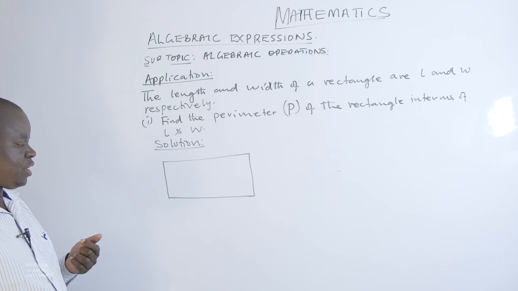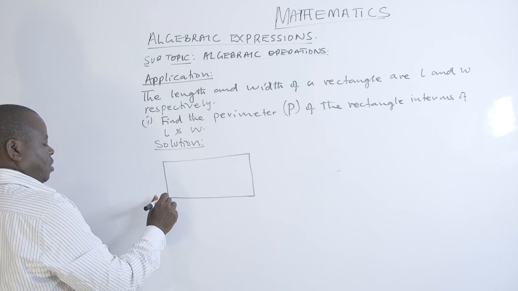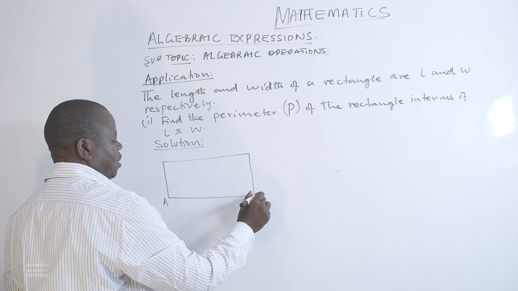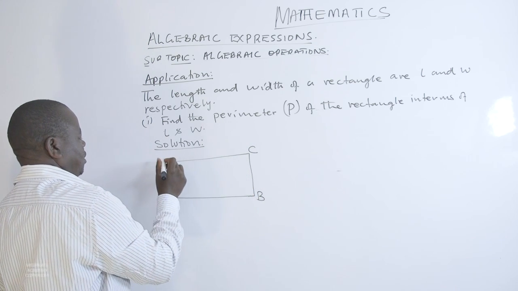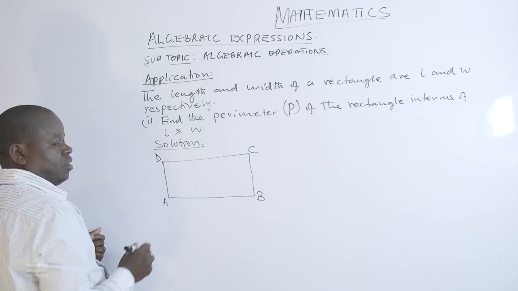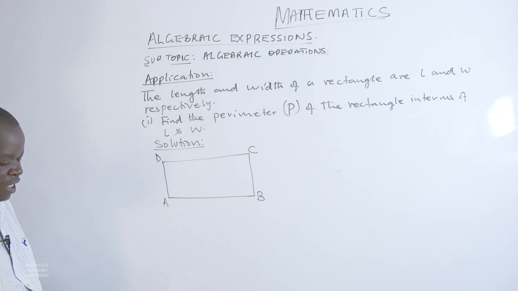So we sketch the rectangle, name it A, B, C, and D. So once we sketch it,